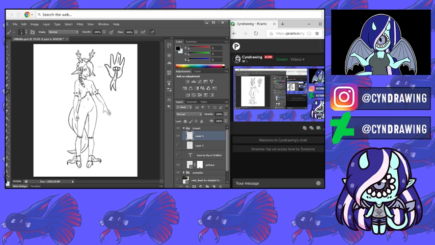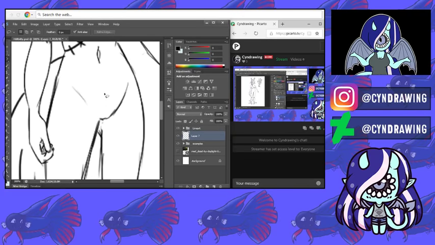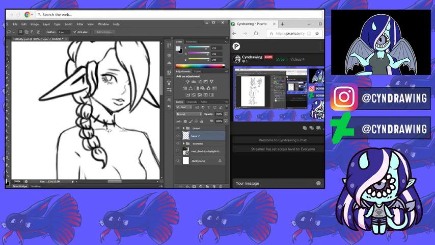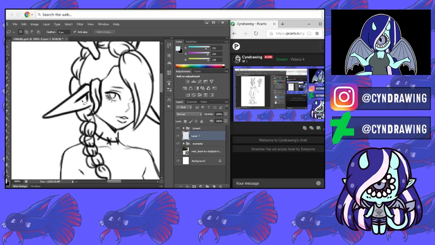Okay, so now that we have the base, the sketch is gone, and then the line art, and everything's good. So I'm going to close that up. I'm going to make a new layer, and I'm going to grab the lasso tool that's going to be over here, and it's going to create kind of like marching ants. So I'm going to select the areas that are within the line